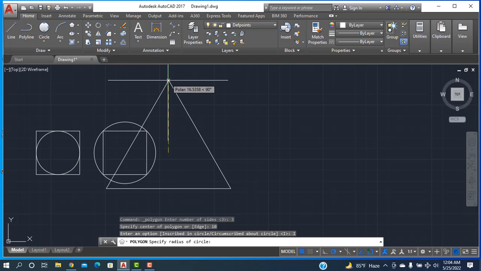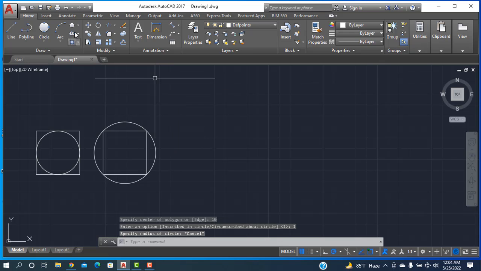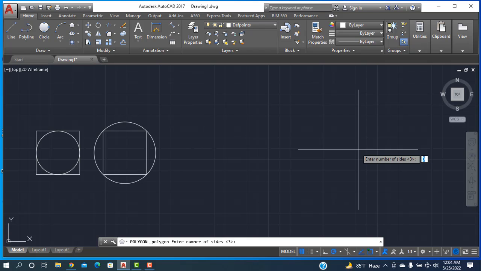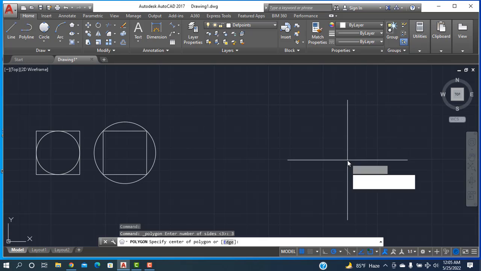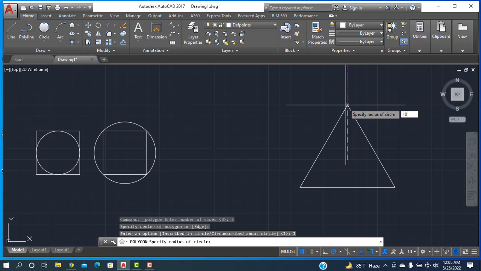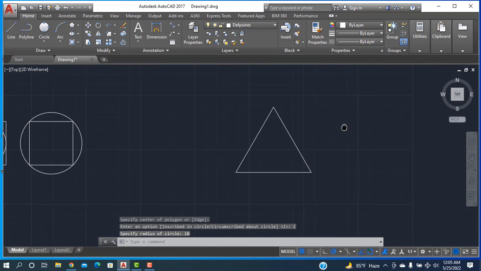So I'm again going to the polygon, and this one will be the 3. Press 3 from the keyboard, then enter, then one click is here, then click the inscribed circle and sketch a circle. Specify the radius of the circle, the radius is taken as 10. So done. See,